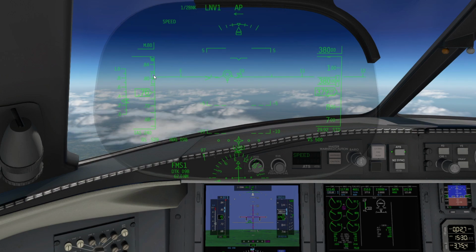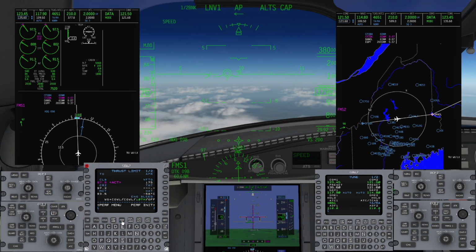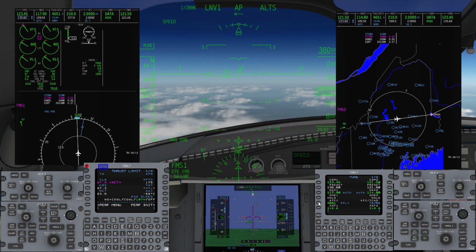There's alt capture for flight level 380. So let's go back into my heads down mode here. We've got the rating to consider. It's still in climb thrust, but we'll leave it in climb because that extra little percentage will help it as it accelerates. What I do want to do is to go onto the transponder here, so I'm going to click